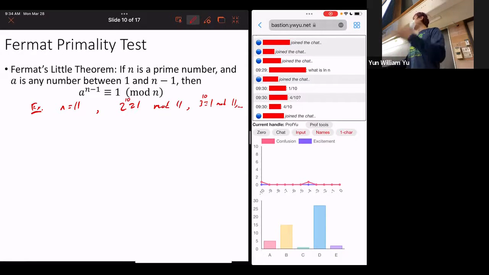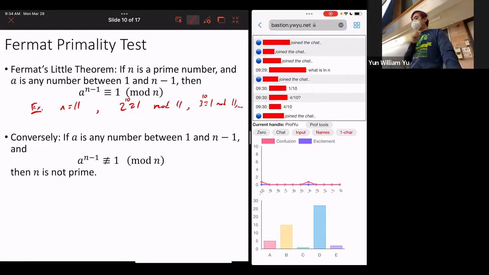But conversely, you can look at it the other way. If a is any number between 1 and n minus 1, and a to the n minus 1 is not congruent to 1, then n is not prime, right? Because if it were prime, then they'd all be congruent to 1. But if something isn't congruent to 1, then it's not prime. So as an example,